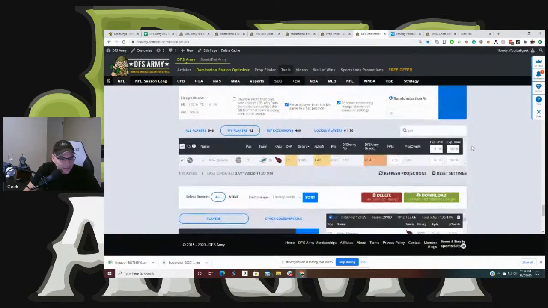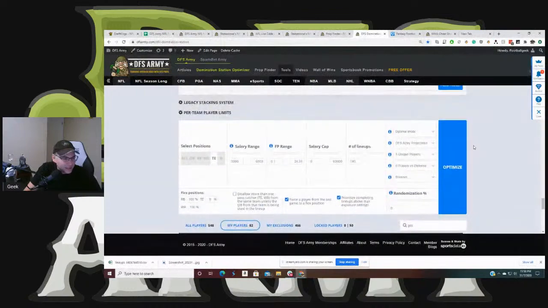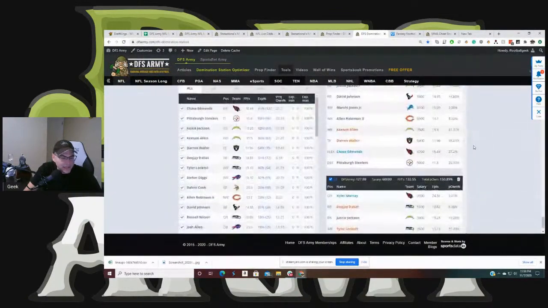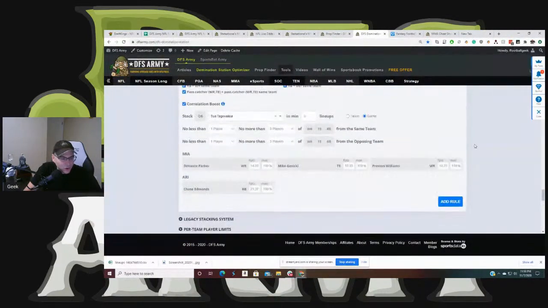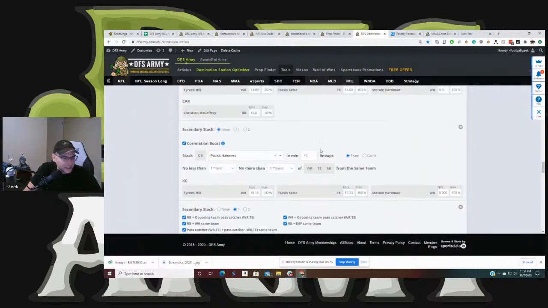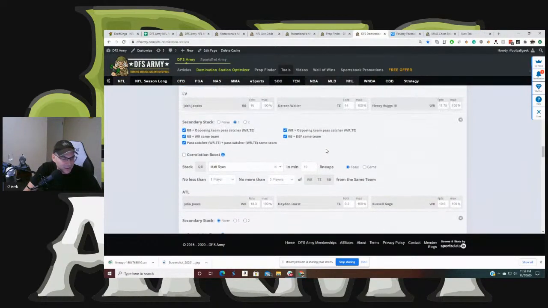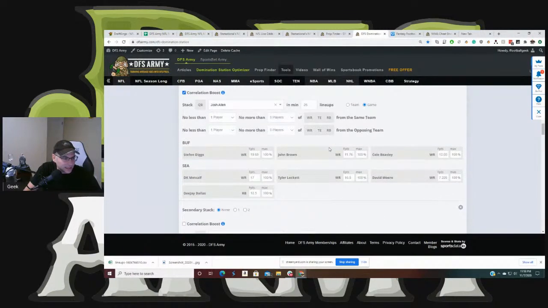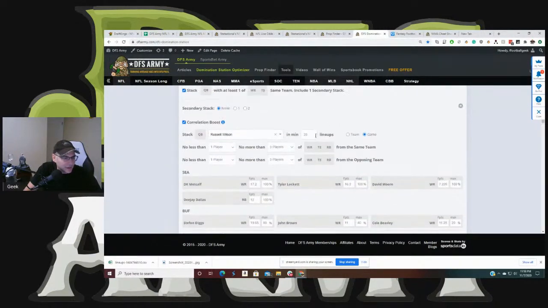Where are we? Domination station, baby. Okay. So I added in, we're at 140. I've got one more. Either I can add one more stack in here, or I can just go in and say, you know what? I like these stacks. Let me just raise up some of these. I think that's probably what I'll end up doing. Let me just get a little bit more of some of these guys that I love. Maybe I'll go to 30 Russell Wilson. Unless we could think of any,